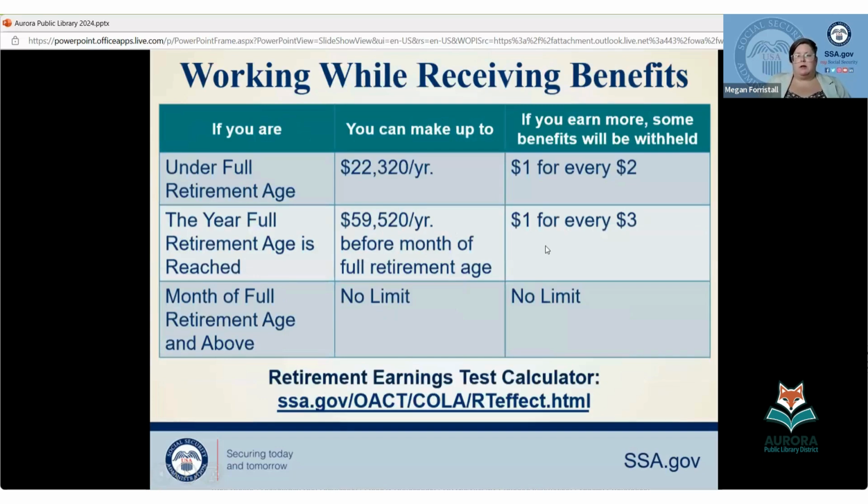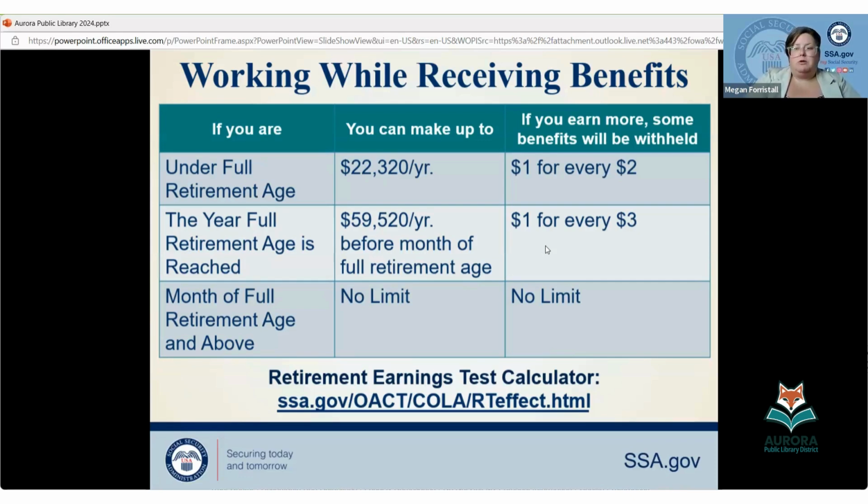One factor that is definitely something to consider when you're deciding if you're retiring or taking your Social Security early is if you're still working, because we do have earnings limits when you're under your full retirement age. So you can see on there, if you're under the calendar year in which you hit your full retirement age,